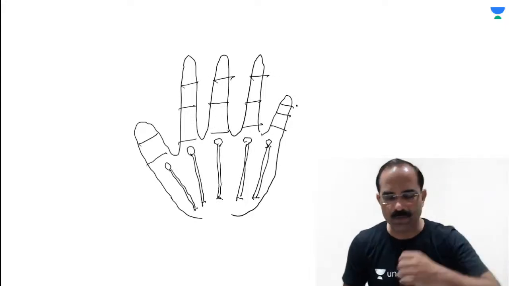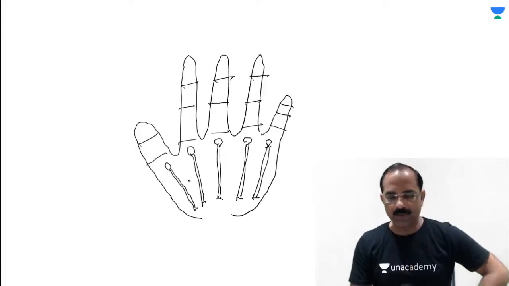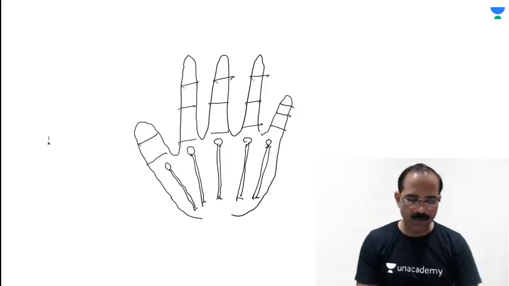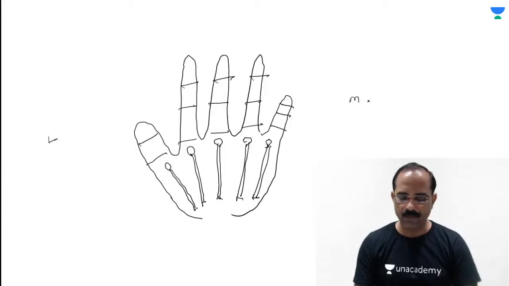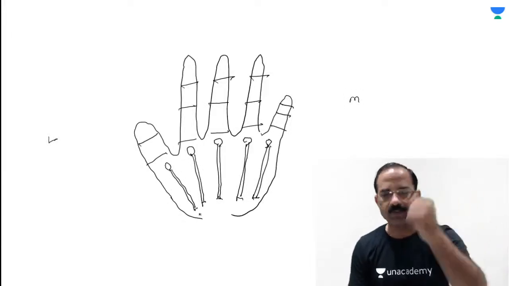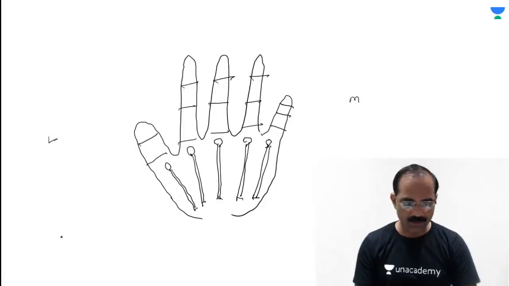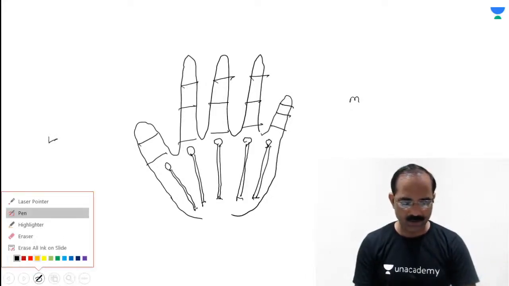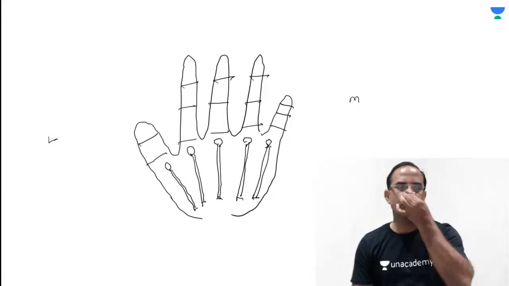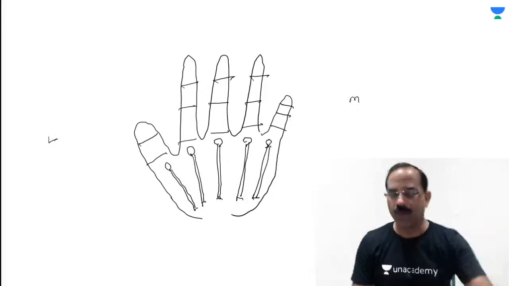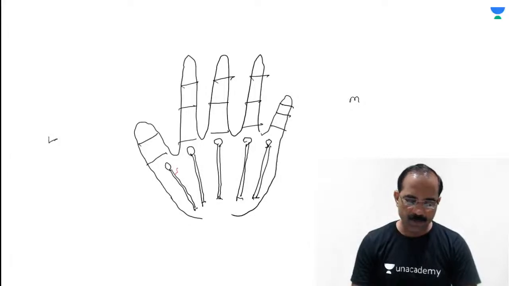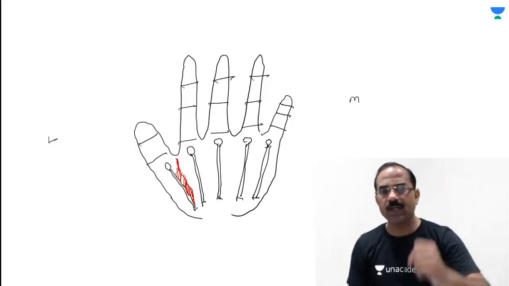Okay, now you tell me, students. The metacarpal bone has 2 aspects. This is the lateral, the thumb side, and this is medial. So this is the lateral aspect, and that's the medial aspect. Now the palmar interossei are unipinnate muscles. Unipinnate means they arise only from one bone. The first palmar interosseous arises from the medial aspect of the shaft of